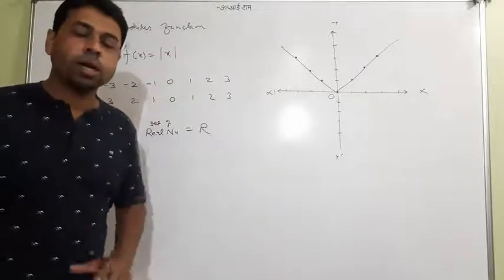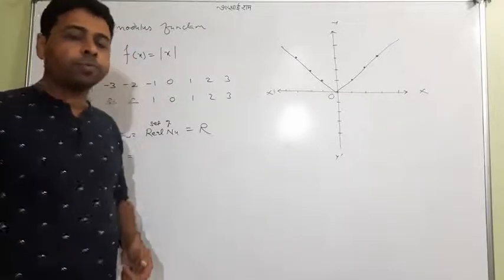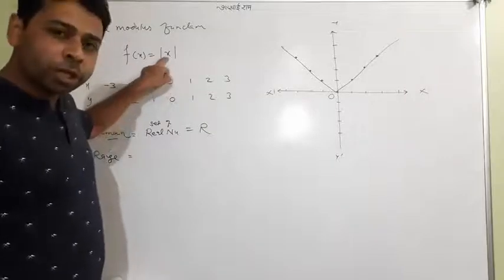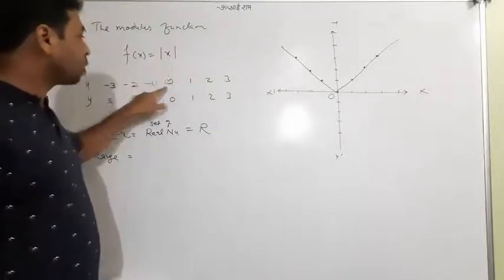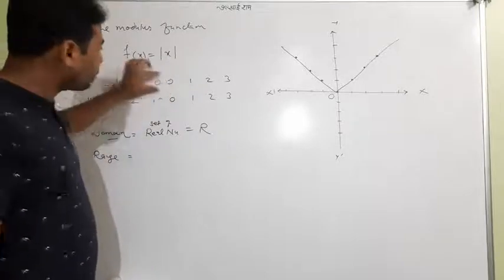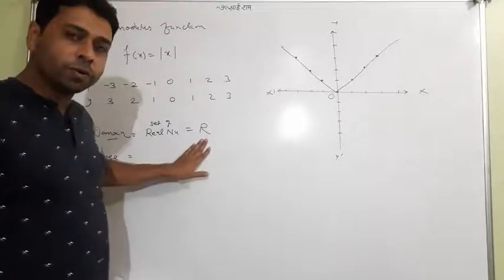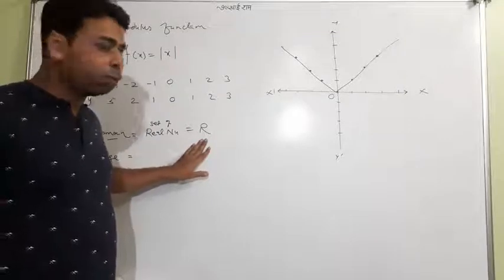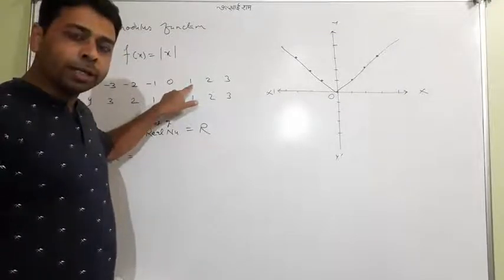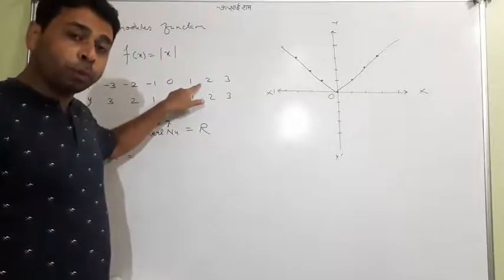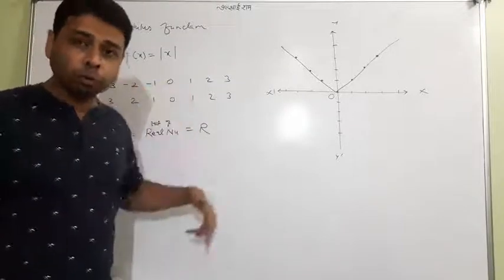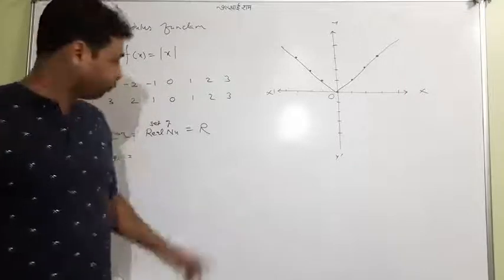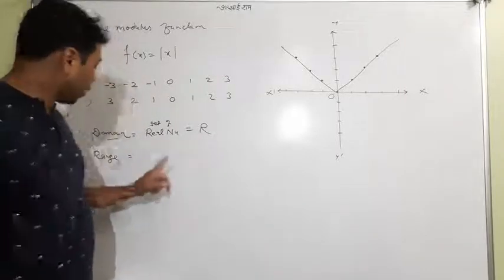Again, what is a domain? Those values you can put instead of x. Negative values you can put, positive values you can put, 0 as well. So the set of all these values is called the real numbers. Sometimes students get confused that I only put 1, I didn't put 1.1. You can put 1.1, 1.2, 1.3, half, root 3, you can put all the values. The set of real numbers.